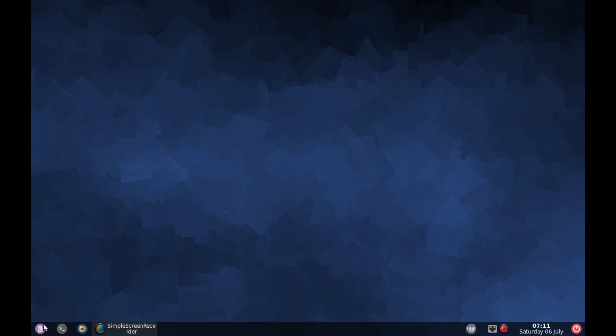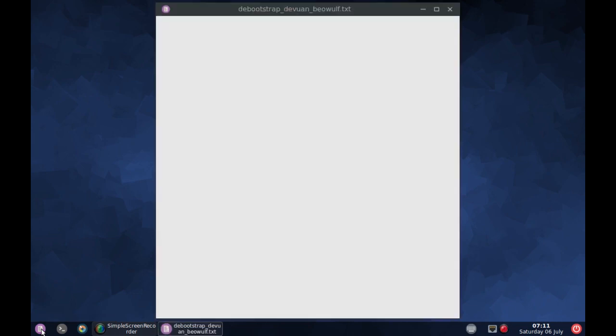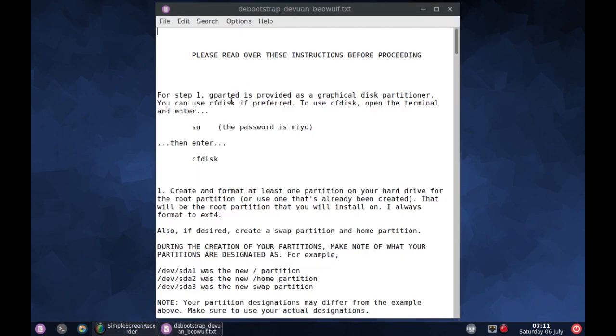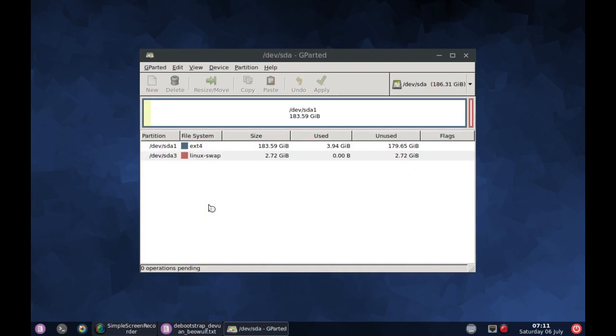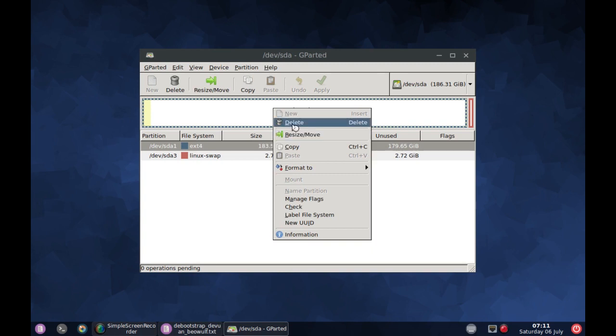So here we go. Let's open up the instructions. And step one, you want to use Gparted, or you can use CFdisk if you want. I'm going to use Gparted just so it'll be a little easier for you to see what I'm doing. So I'm going to put these instructions out of the way for now and go ahead and open Gparted. And I'm going to repartition my hard drive. As you see, I just have one large root partition and a swap. So what I'm going to do, I'm going to delete that,